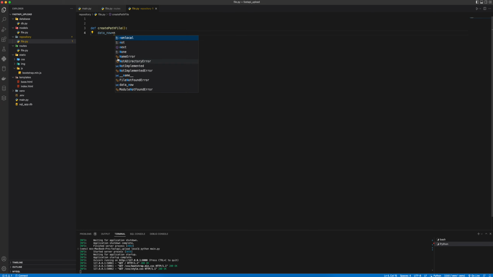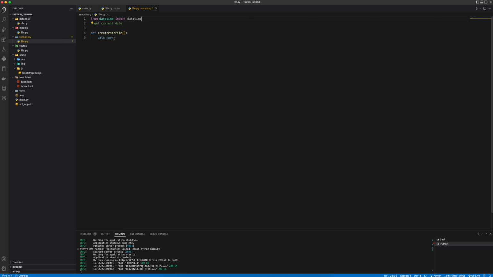What is this now? Actually, we need to get the time, we need to get the current date, or just we need to get now. To do that is just simple. We need to work with from datetime